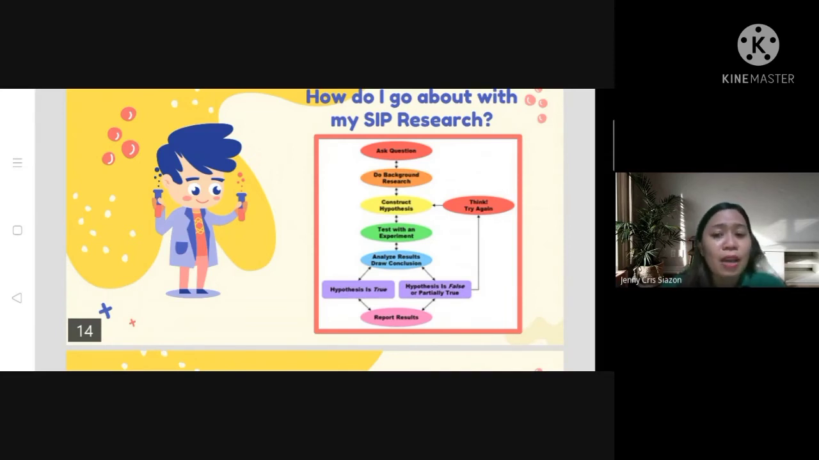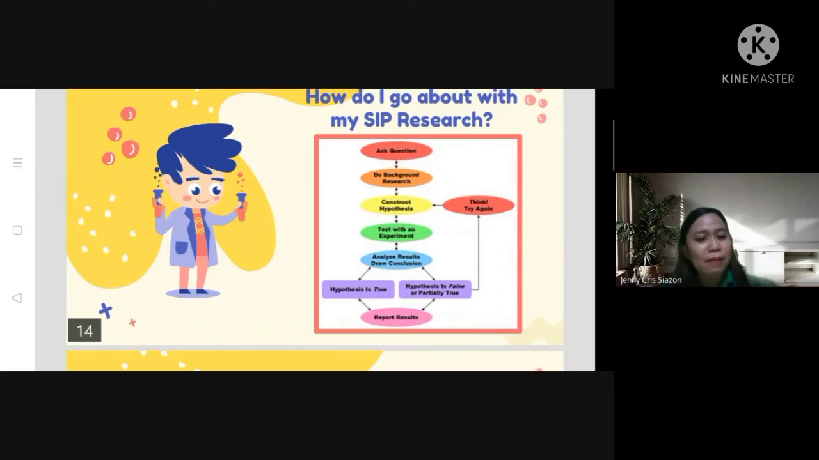So let us see if our conclusion will prove the hypothesis. Our conclusion will prove if the hypothesis is true or if our hypothesis is false. So if ever our hypothesis is false, that's the time that we can have a new hypothesis and we can repeat the process of the experiment again. That's the role of research talaga. Dapat repeated ang experiments, repeatable ang experiments. That's a characteristic of research na